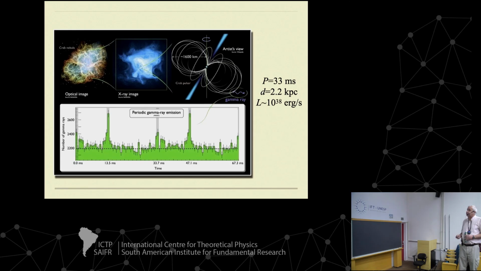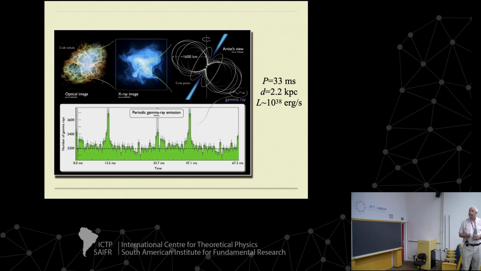Okay. And in the center of the Crab Nebula, we have the Crab pulsar. This is a young pulsar, so it rotates very fast, with a period of 33 milliseconds, so 33 spins in a millisecond. And then it is located at 2.2 kiloparsecs from us, and the total power emitted by